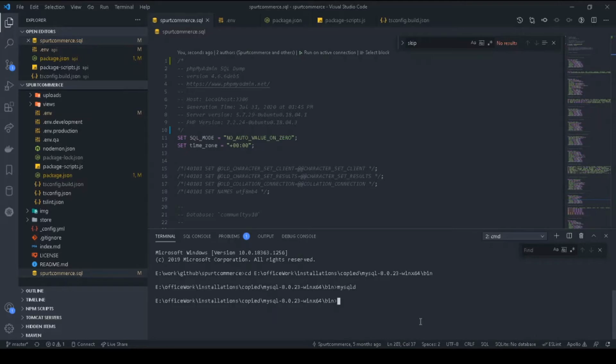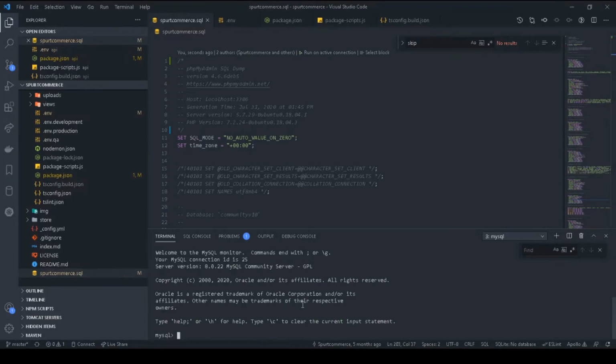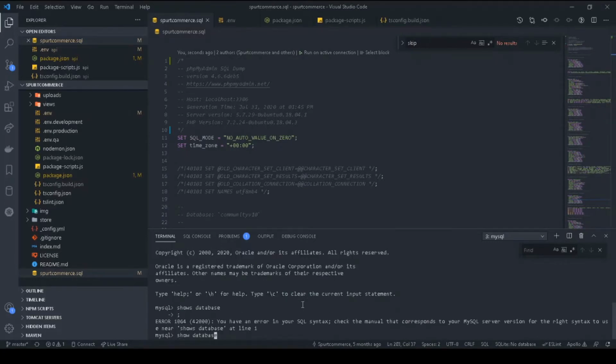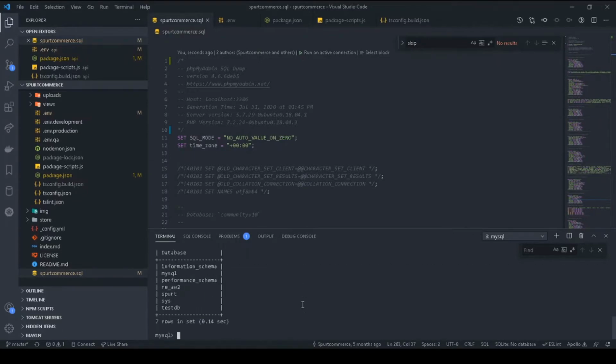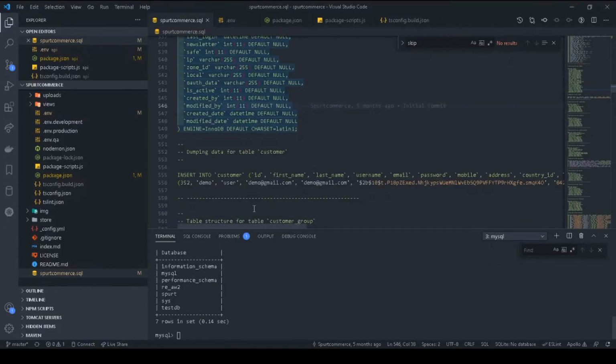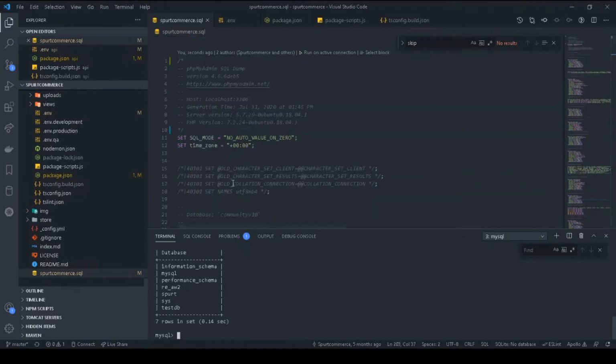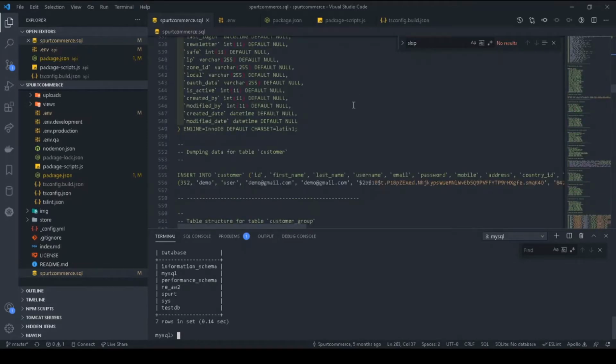To test the connection, we will open another terminal over here. Connect MySQL with root user. So here we go. Now we need to run this on one of our databases. So to create our database,